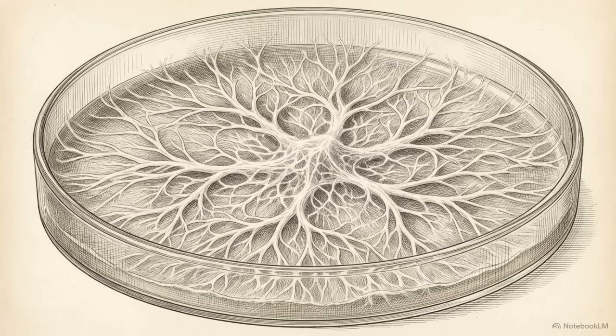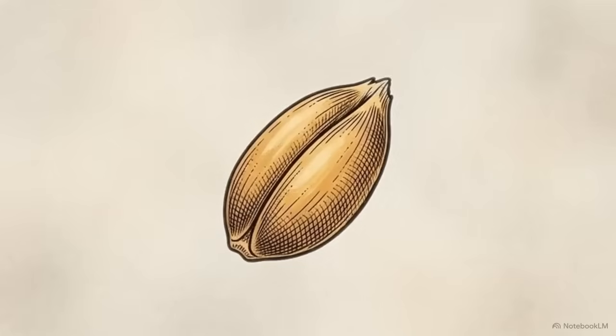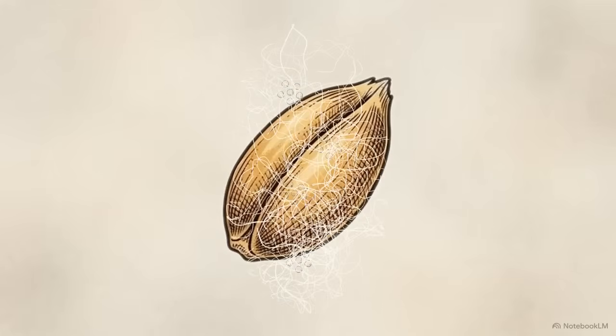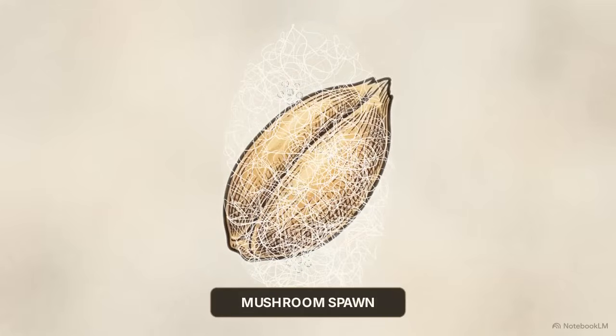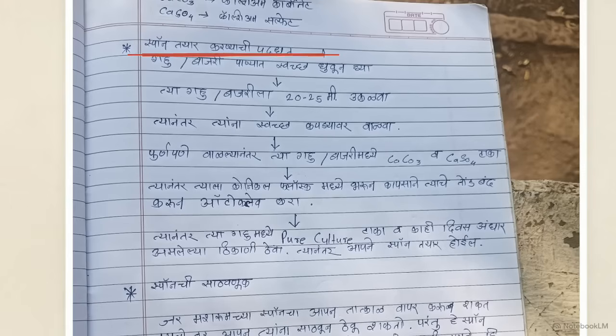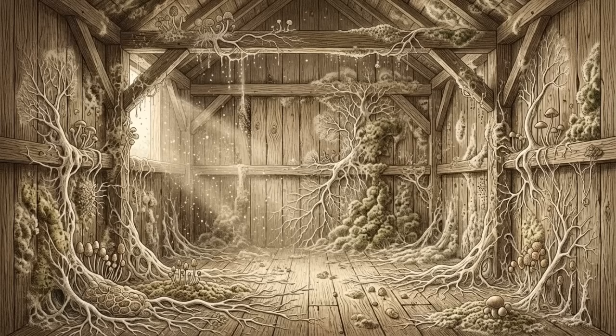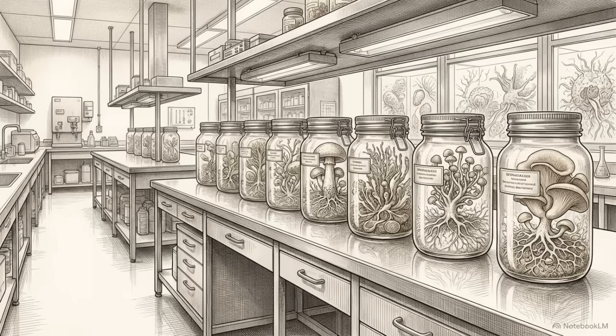Questions 1D and 1E move into the biology of spawn. In commercial cultivation, spawn serves as the foundational seed for the entire crop. This flowchart details the exact physical makeup of spawn. It is produced by combining thoroughly sterilized grains, typically wheat or bajra, with a pure fungal culture. This process cannot be executed in an open environment. Because we are isolating a specific fungus, we need specialized lab equipment to maintain the sterile conditions necessary to prevent